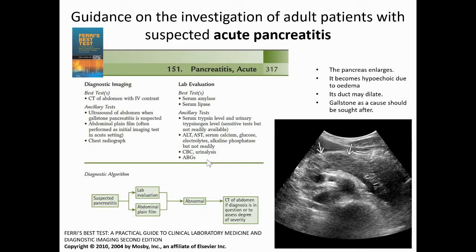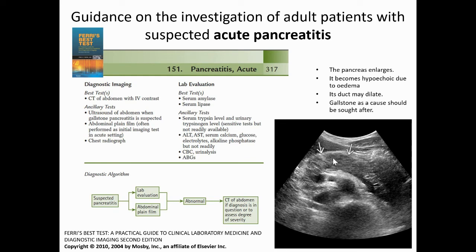And now we have arrived at the pancreas, acute pancreatitis in particular. So according to the diagnostic algorithm, the diagnosis of pancreatitis is clinical. They will check the blood test, they will ask the patient a couple of questions, and based on those, the clinical diagnosis is usually formed. However, at most institutions, an ultrasound is performed, in which we will usually see that the